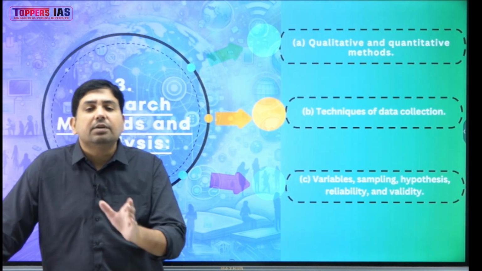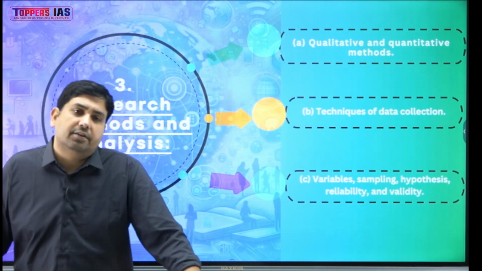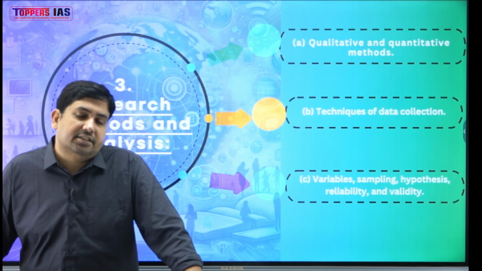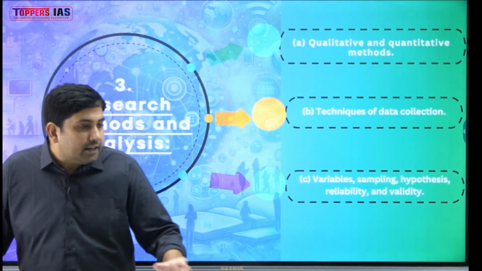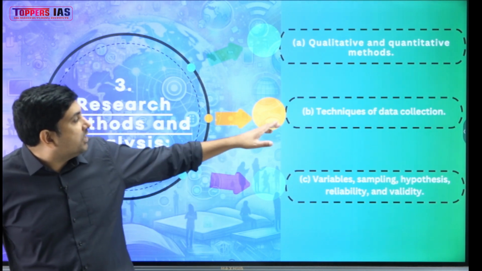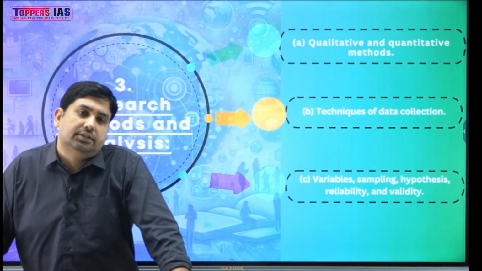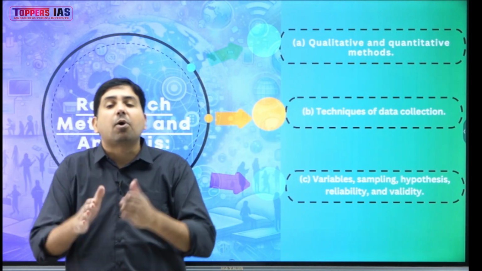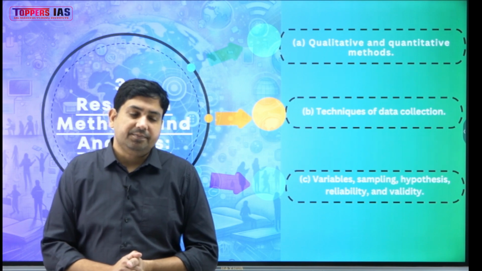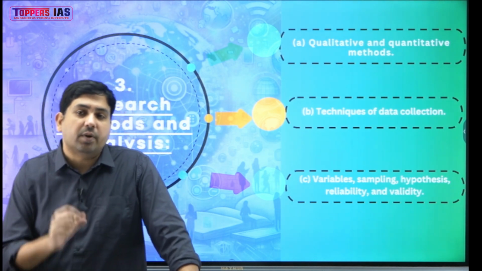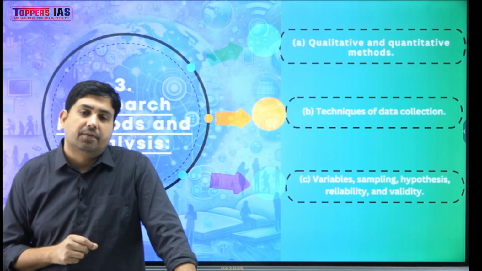Quantitative method measures any social phenomenon using numbers, statistics, and its main objective is to identify patterns, correlations, cause and effect, and generalization. Its aim is to arrive at generalization. Quantitative method. Okay, now